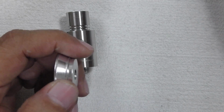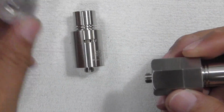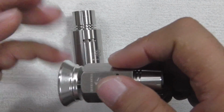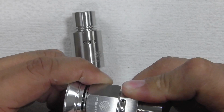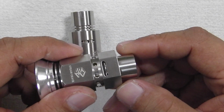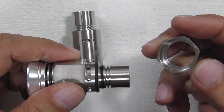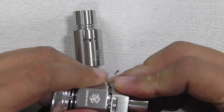Okay, so there you have that, and you have the hexagonal shape right now. The insides are the same as well. Just quickly let you have a look at it. You can also remove the top here, just like the other version, for cleaning purposes and things like that. It's held on by an O-ring. There you go. See? Push it back down,